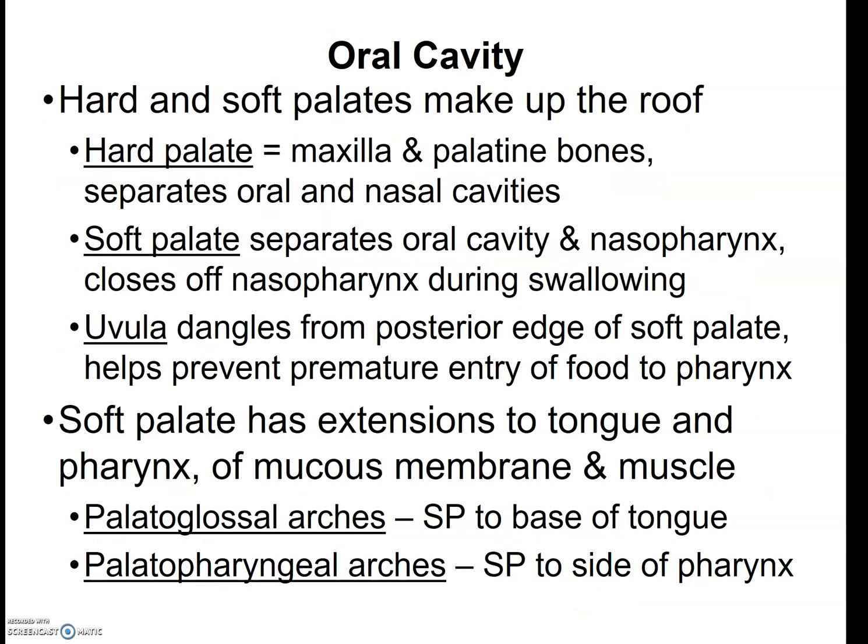So when you look inside the mouth, you have the hard palate, which is the maxilla and the palatine bones, and that separates the oral from the nasal cavities. The soft palate separates the oral cavity from the nasopharynx, and that helps you close off, to some degree, fluid while you're swallowing, so that it goes down through the esophagus, not up to your sinuses. The uvula is that little dangly portion associated with the soft palate, and it helps, again, keep food from going up. The soft palate is made of the palatal glottal arches, and we'll go into that in the next